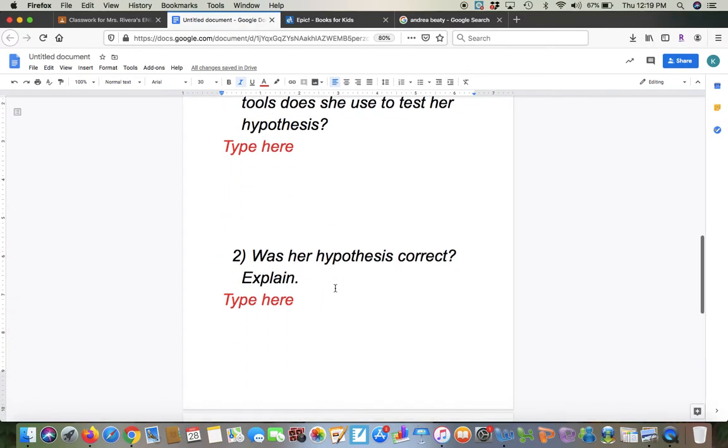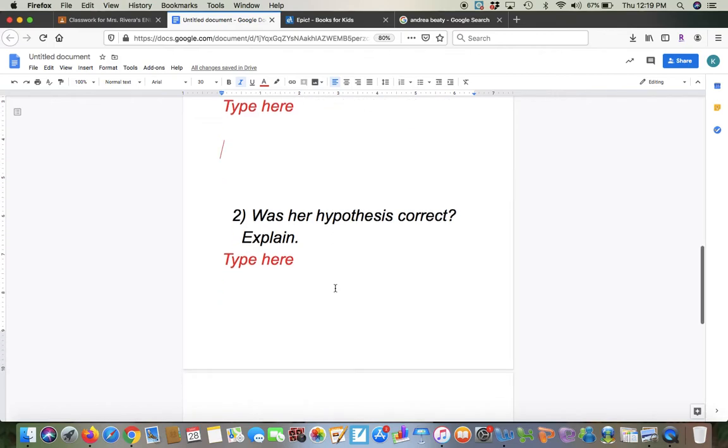Number two asks if her hypothesis was correct or not. And don't just say yes or no. I want you to explain it. Why was it correct or why wasn't it correct? Then